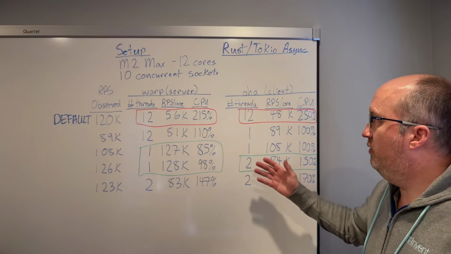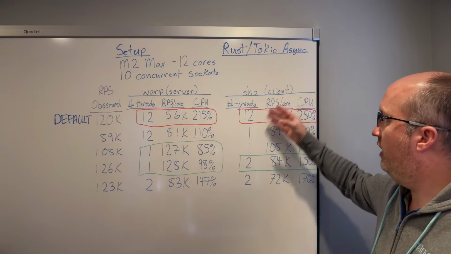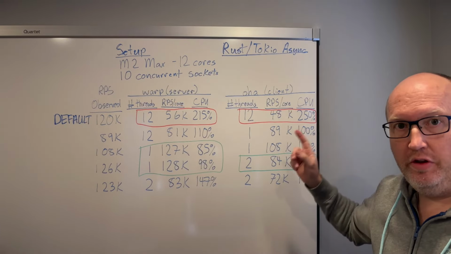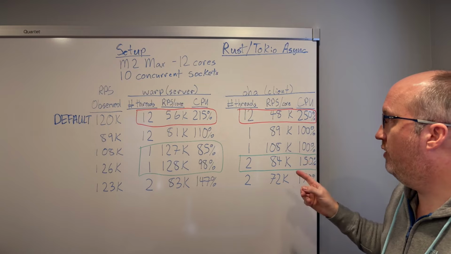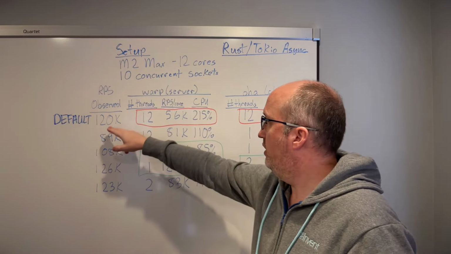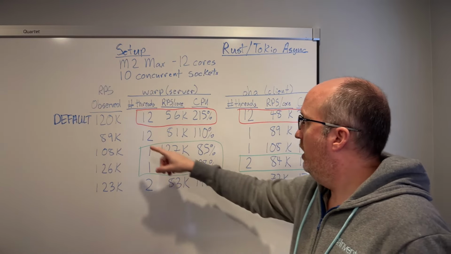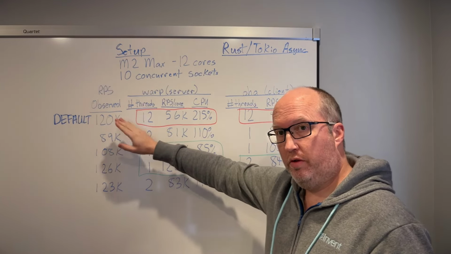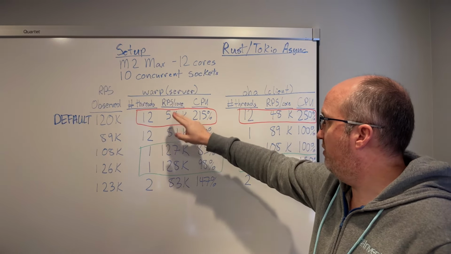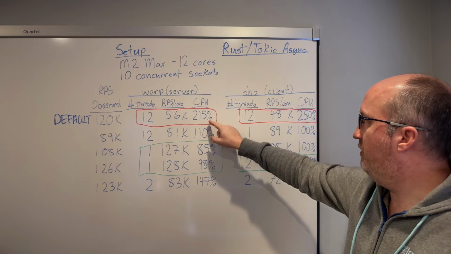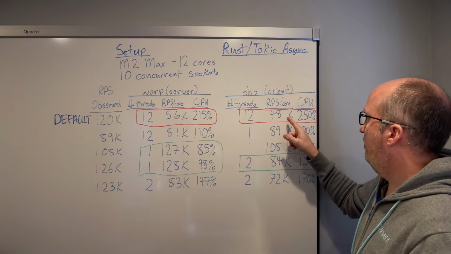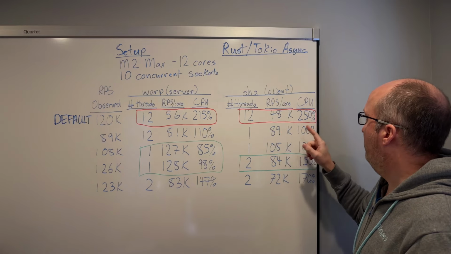All right, this is the table of results we get with the OHA Rust client and the Warp Rust server with different configurations of the number of threads for the Tokio async runtime. The default on an M2 Max with 12 cores is to run 12 threads for both. We observe 120,000 requests per second. We get 56,000 requests per second per core. We use 215% CPU. The client with the same 12 threads is getting 48,000 requests per second per core and